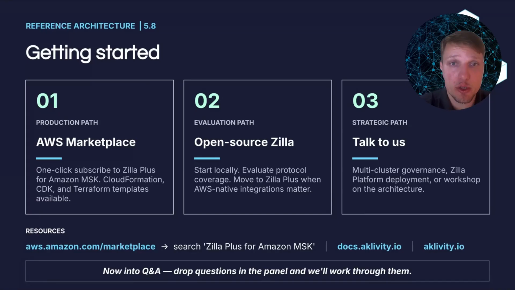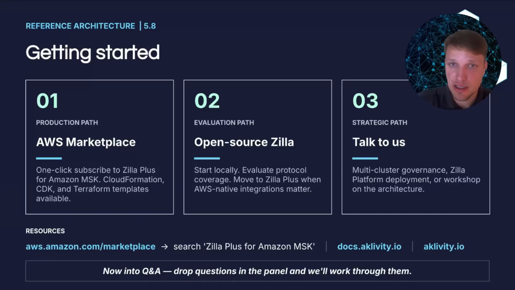We also have an open source version of the gateway that has some of the capabilities of Zilla Plus. It's able to do things like protocol translation, so it can map REST, SSE, and MQTT to and from Kafka. It doesn't have native Kafka client proxying capabilities. That's only available in the commercial gateway.